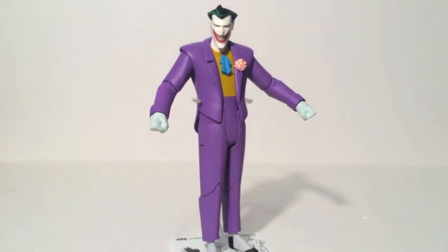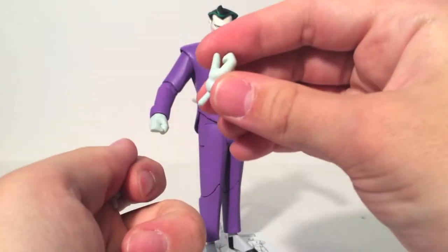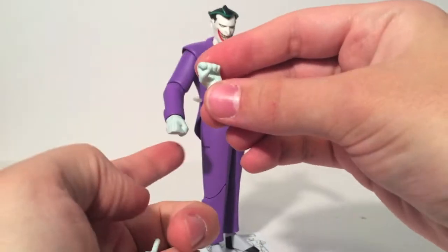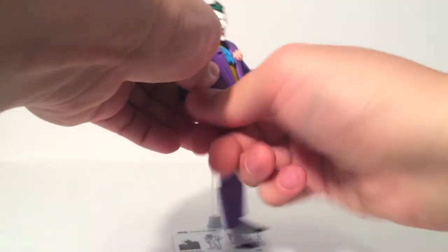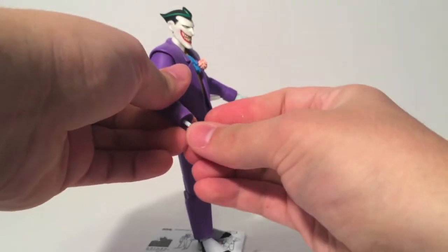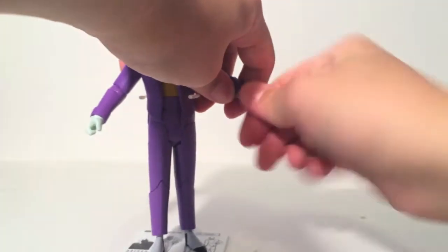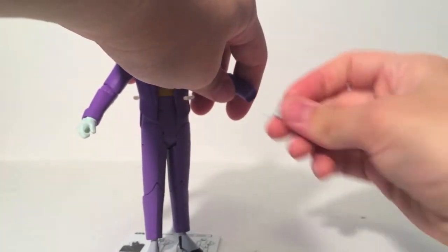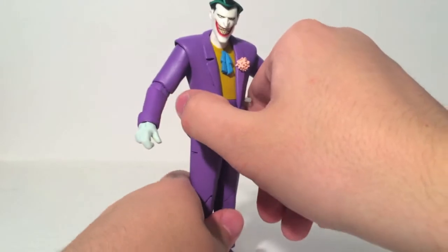Now, like I said, this guy comes with alternate hands, and he comes with four extra hands. He's got slight holding hands for each hand, and he's got bigger holding hands for each hand. But he does have accessories, so let's give him some hands so he can hold these accessories as I show them off. So just plug this one here, remove this, give him this hand, like that. Alright, so,